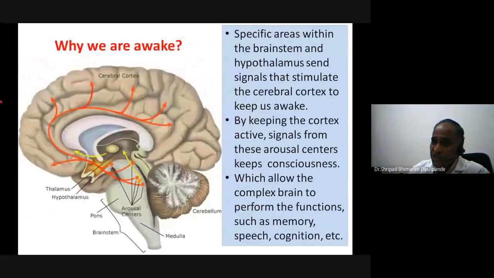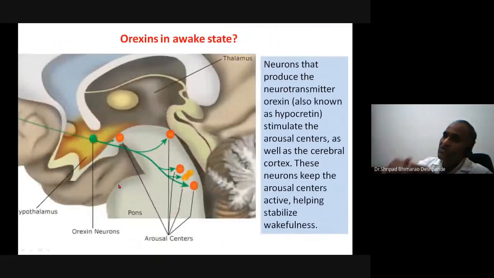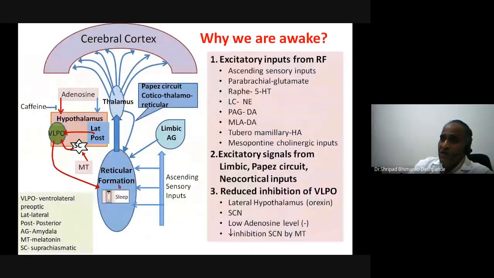What we have seen here is the activating of these arousal centers, and orexin is also trying to activate those centers, reinforcing and keeping us awake. Now, it is not only these two components. We are awake by the complex set of activities coming from the brainstem, hypothalamus, and the diencephalic structures that would